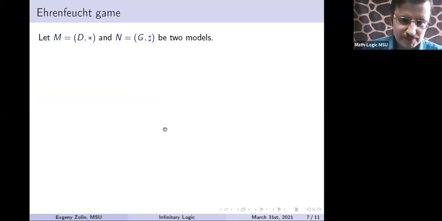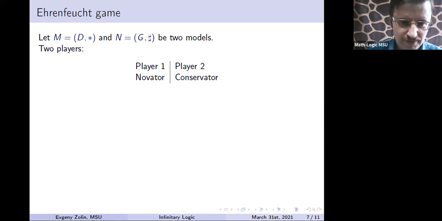Okay, so what are games? Let us go to the games, to the main part of our lecture. So we will have two structures, possibly infinite structures like in our examples. They are fixed. The players will play on these two fixed structures. There are different names for these players: either player 1 and player 2, novator and conservator, spoiler,